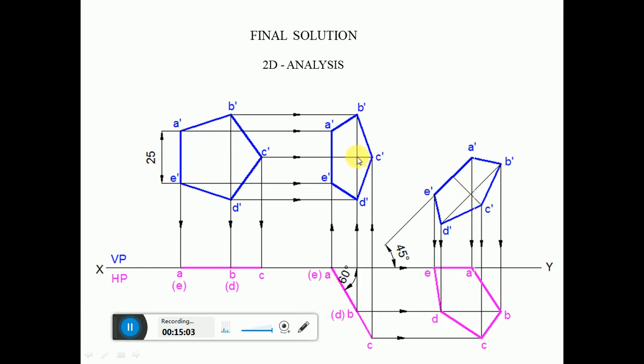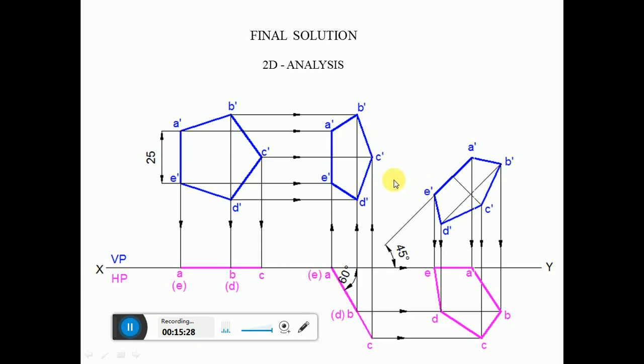You measure the distance from this point to D dash and also from this point to B dash. Both are going to have equal length, and transfer it from this point. On this side you are going to get this B dash, and on this side you are going to get this point as D dash. Similarly you measure the distance from this point to C dash, and from this point you cut an arc on this line. You are going to get this point C dash. Then mark the points A dash, B dash, C dash, D dash and E dash.